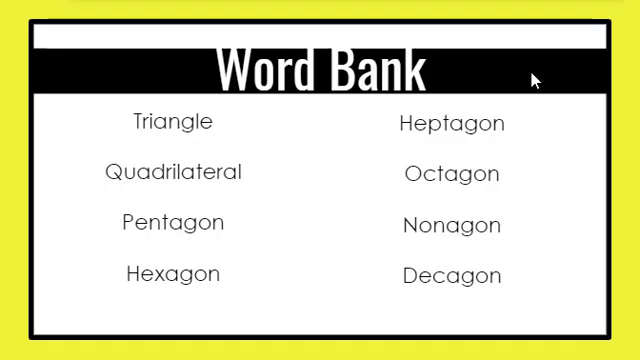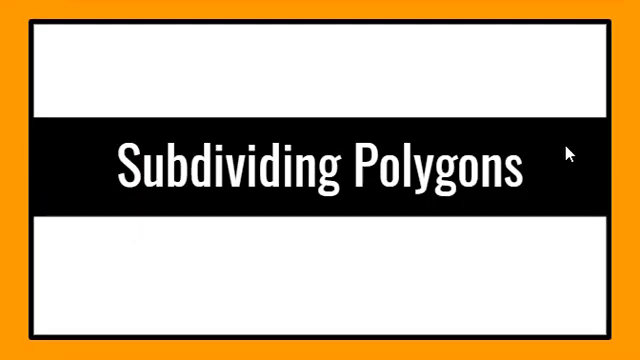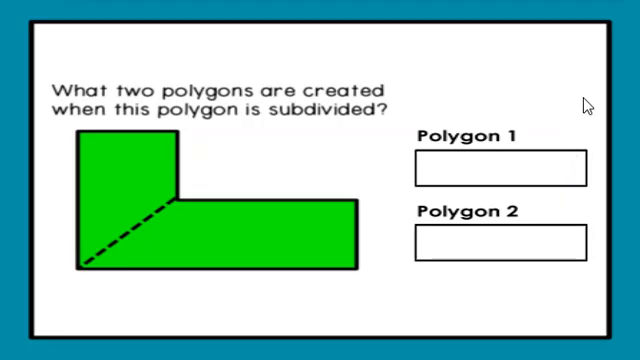Okay, let me show you what you're going to be doing for your independent work today. You will have a word bank to help you spell all the words, so don't worry about that. You're going to start with subdividing polygons, and you're going to be given a problem just like this. You'll see a shape here of a combined polygon, and you will need to decide what 2 polygons are created when this polygon is subdivided. So if you subdivide this polygon on this line, polygon 1 is